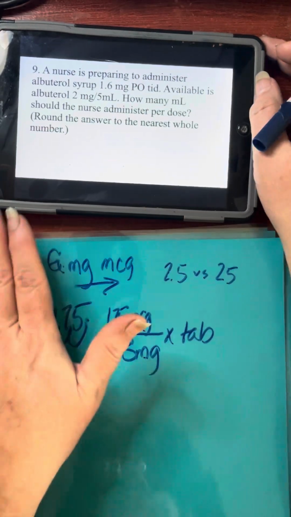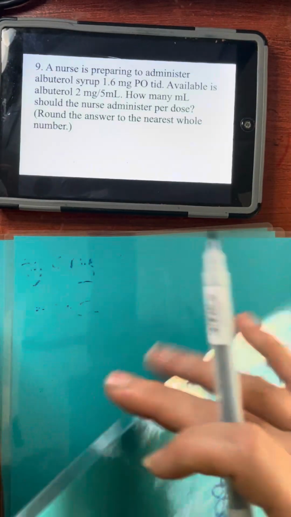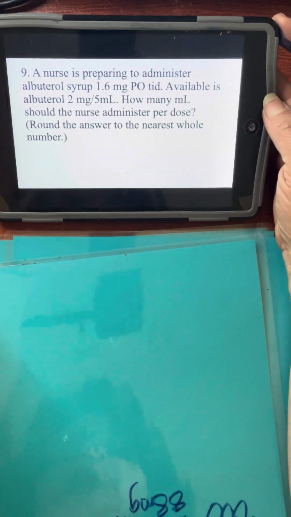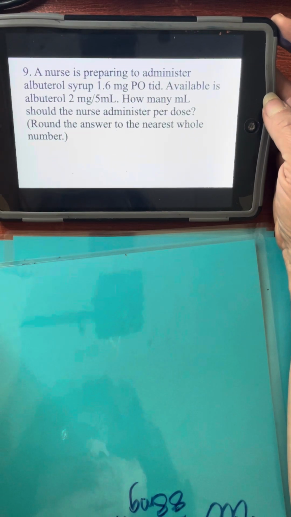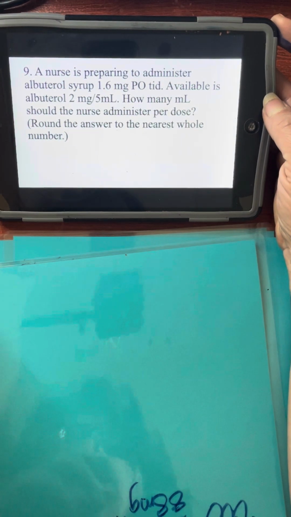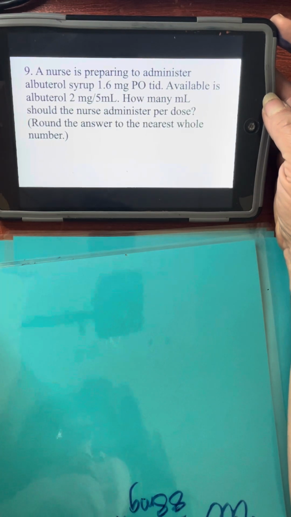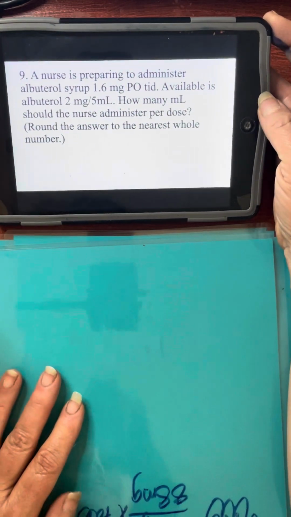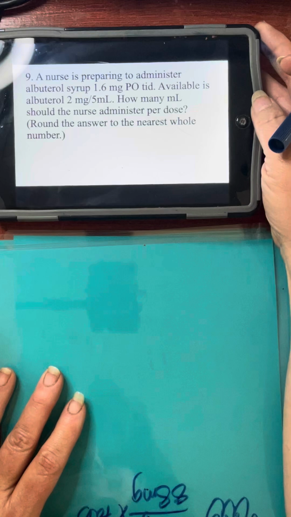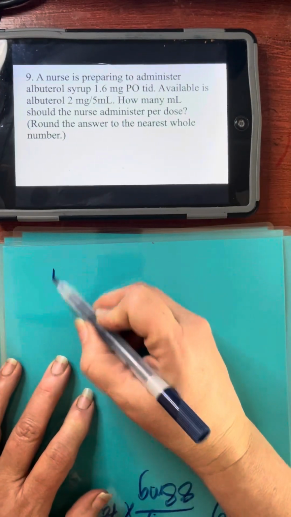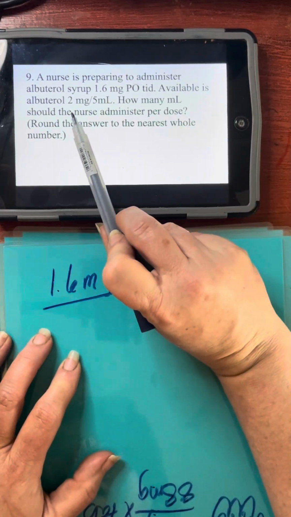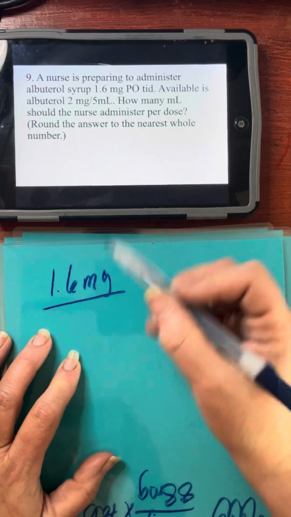All right. Here's another one. We got 2 more. A nurse is preparing to administer albuterol syrup, 1.6 milligrams PO TID. Available is albuterol, 2 milligrams per 5 milliliters. How many milliliters is she going to give? Round it to the nearest whole number. So what he wants is 1.6 milligrams. What I have is 2 milligrams